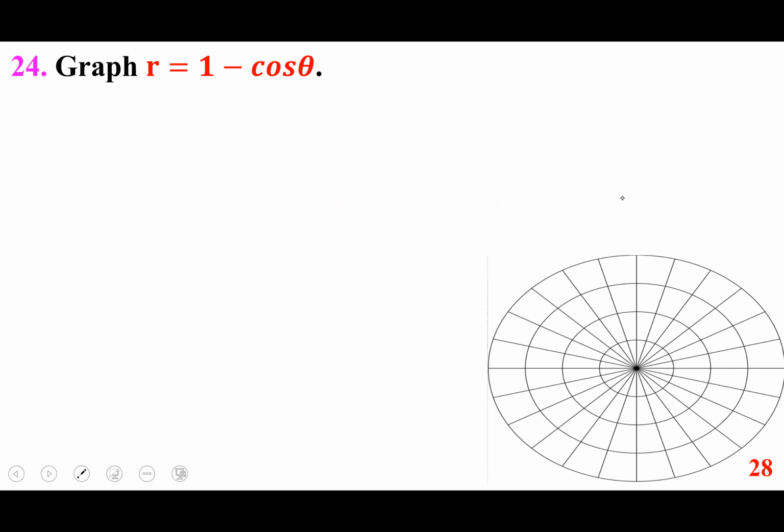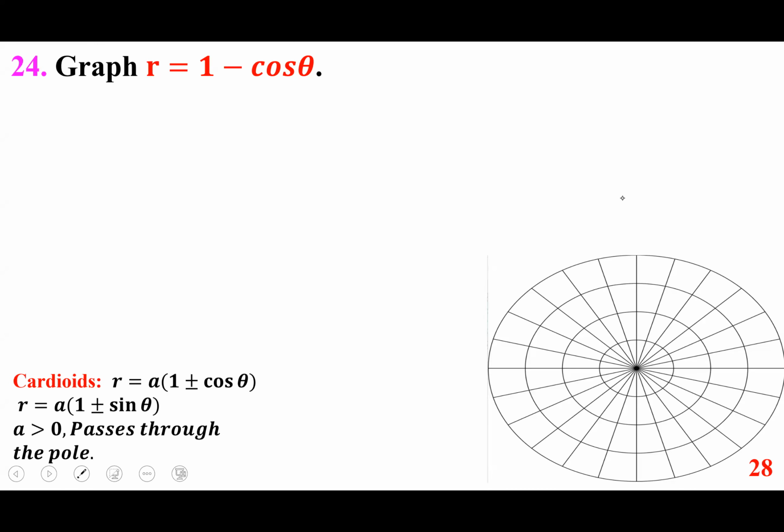So as an example, if we want to graph r equals 1 minus cosine theta, I remind you that r equals a times 1 plus or minus cosine theta. It's a cardioid, looking like a heart shape, and it passes through the pole. So we basically plug in. For theta, we pick easy numbers. For example, if I pick 0,